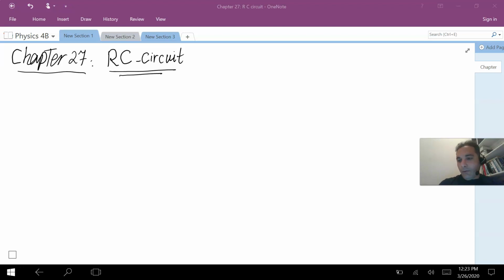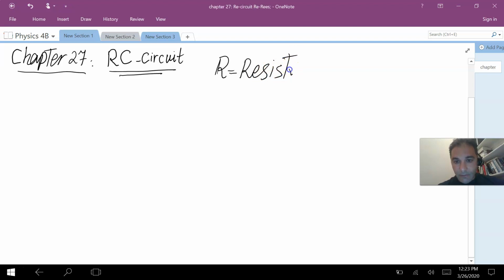So today we are going to talk about RC circuit. What is RC circuit? By the name, it says RC, R means resistance or resistor. So R means resistor. Like what? Like